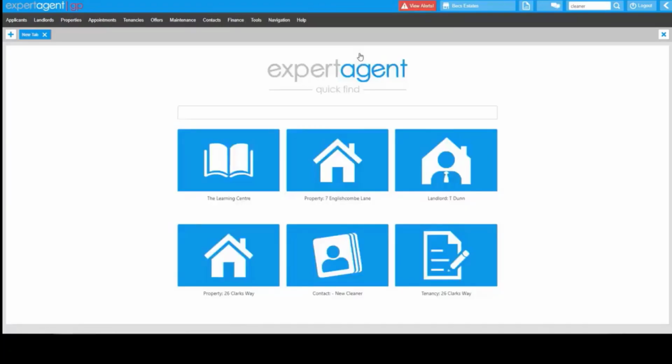And in terms of your opening balances, what we suggest is that you pick a date that you're going to go live with Expert Agent from. So pick a date that gives yourself enough time to get all of your landlords entered in and set up correctly, or your tenancies or your properties entered into the system, and that's going to give you enough time to check all your opening balances and make sure everything's set up correctly before going live with running your finance through